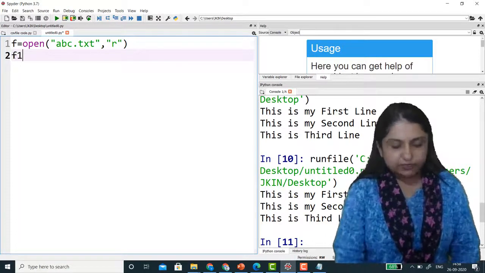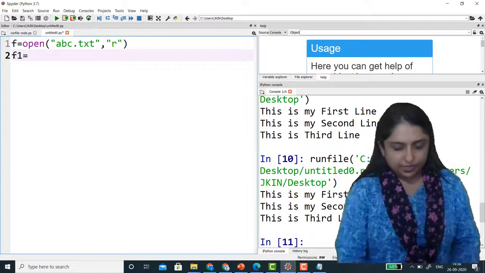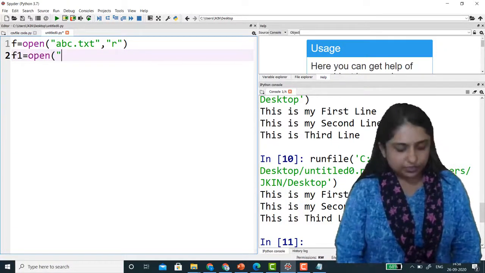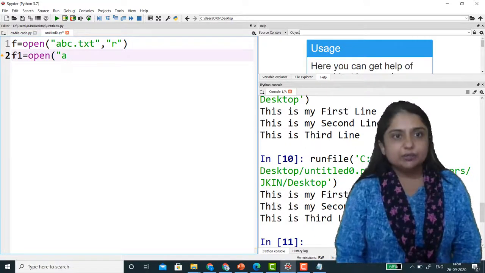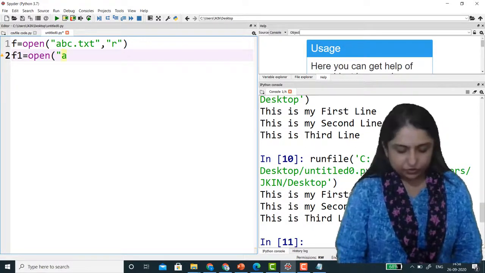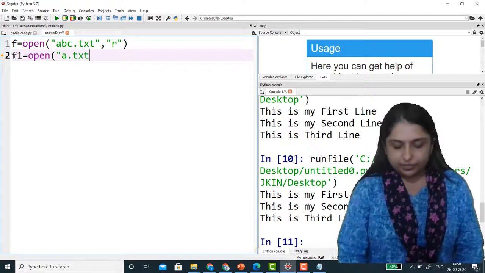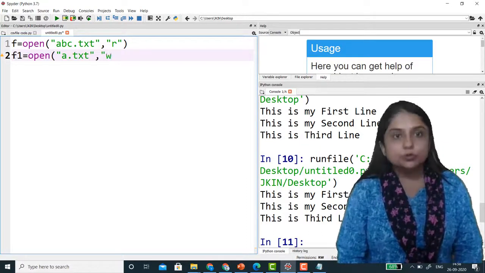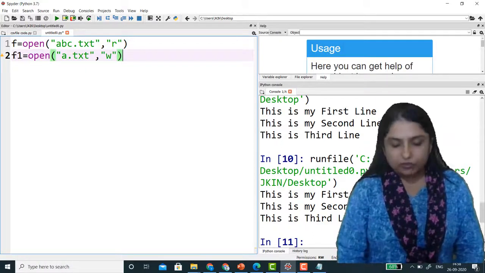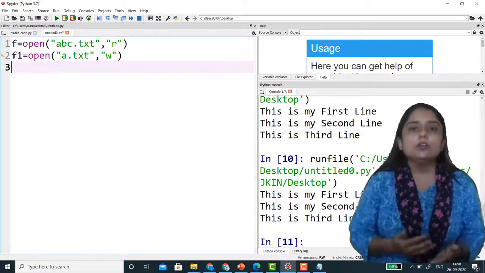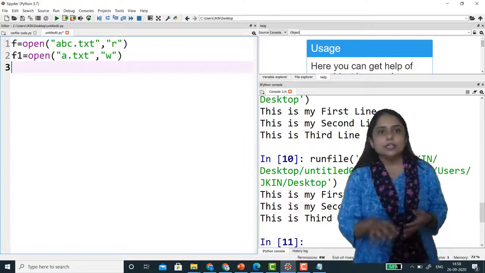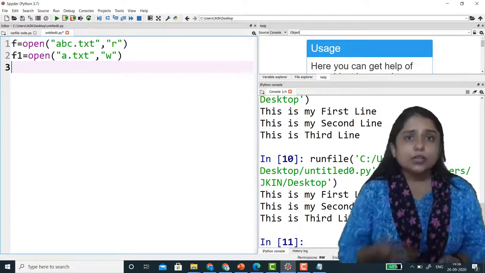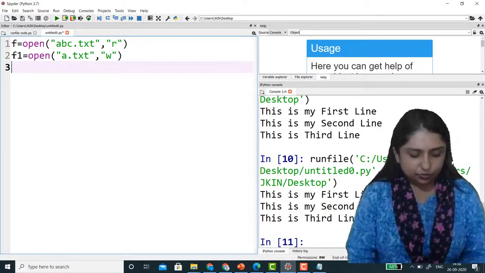Now I'll take another variable, f1, and open a file, for example a.txt, and I want to open this file in write mode. Now I want to write line by line in file a.